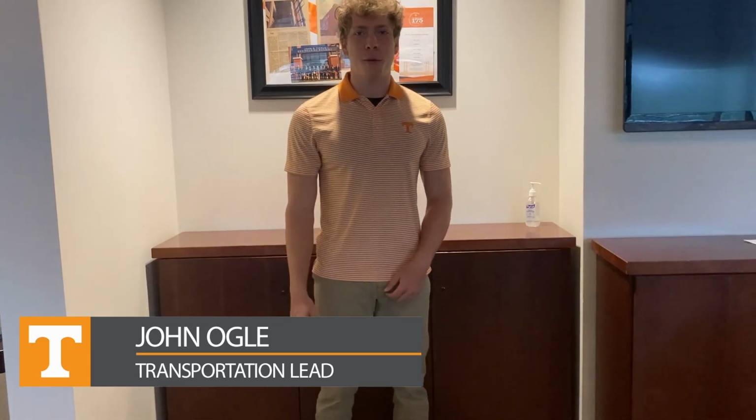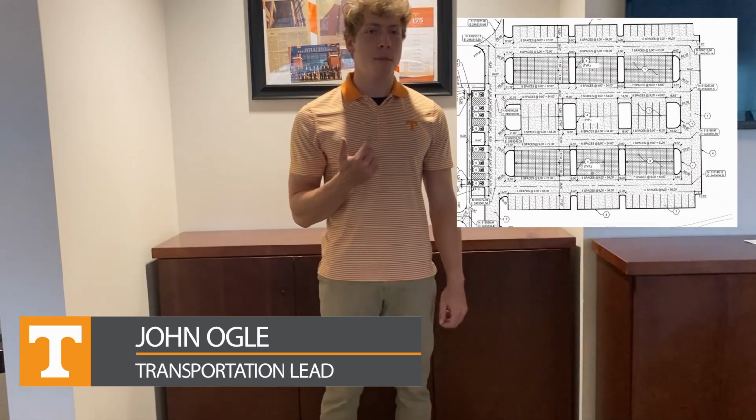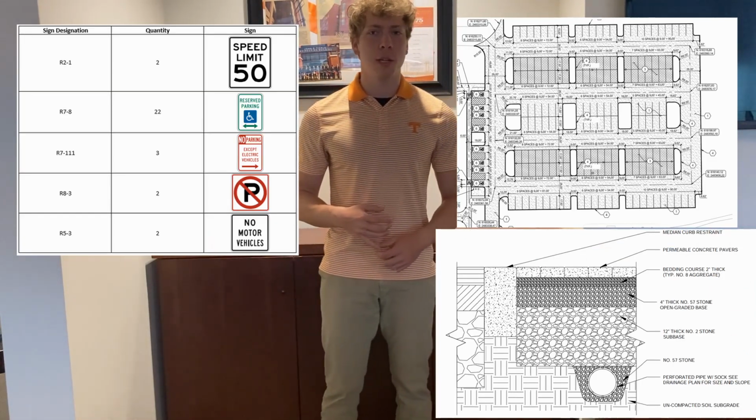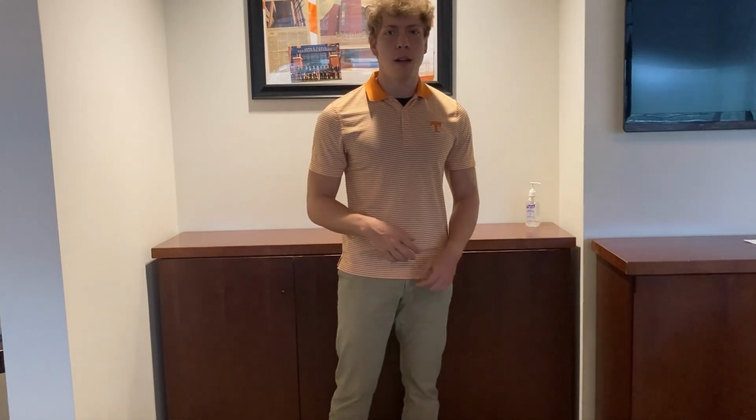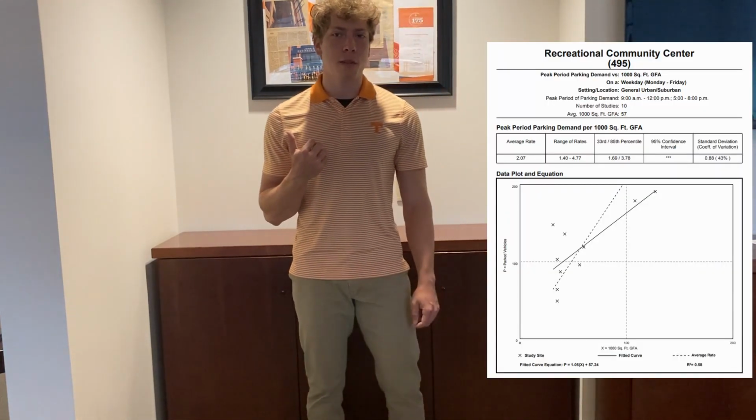Hi, my name is John Ogle, and I was responsible for this project's transportation services. My work included parking lot design, permeable paver design, and site signage plan. One of the challenges I faced in working on this project was determining the required parking for the site. To find an approximate value, I used the ITE parking generation manual to find equations for the site facility's parking